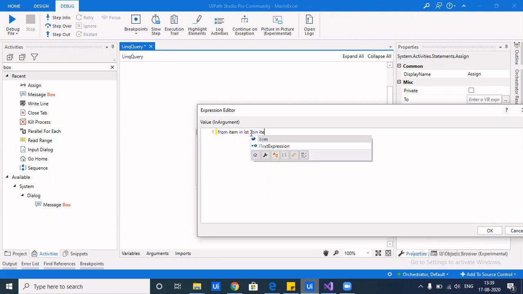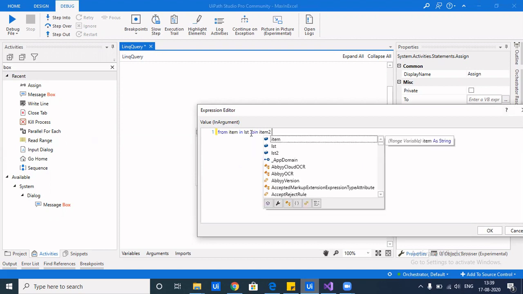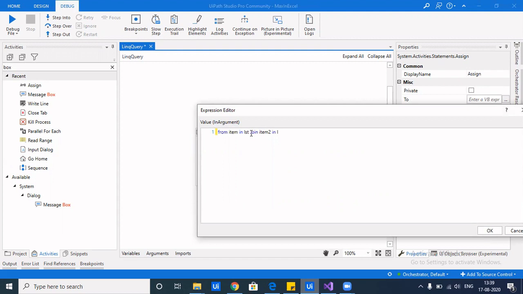So that's item2 in the other list, which is our LST2. This item would iterate on the first list, and this item2 would iterate on list2, acting as the iterating variable which holds the value.